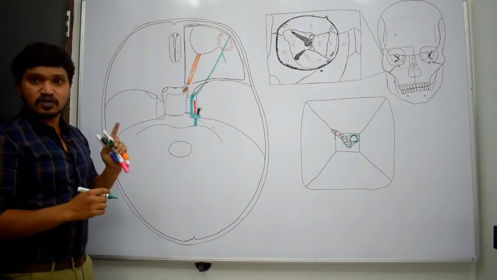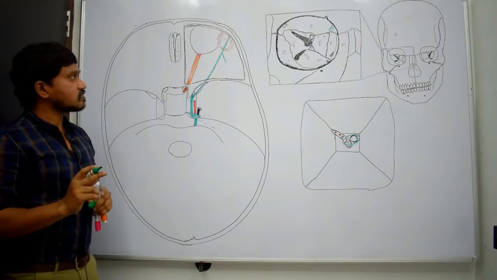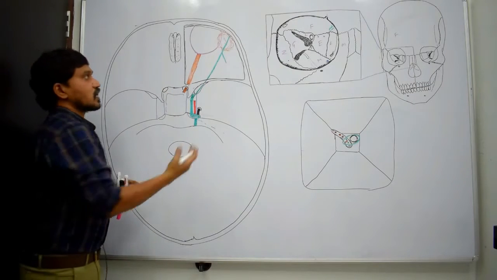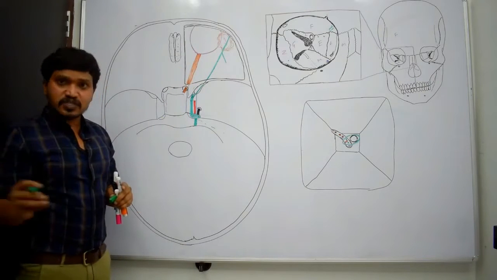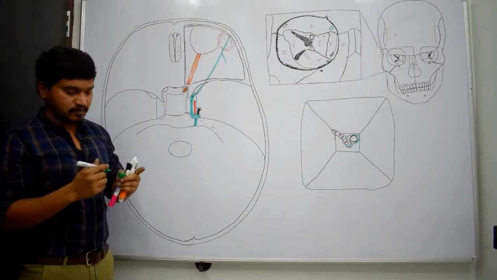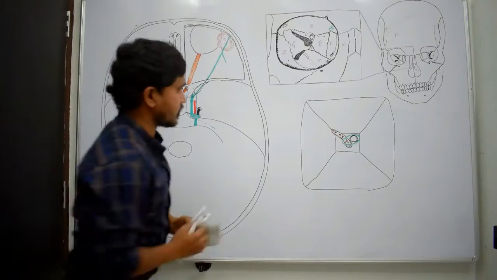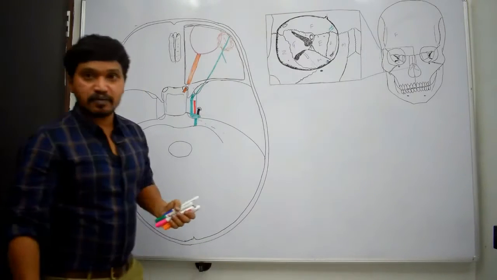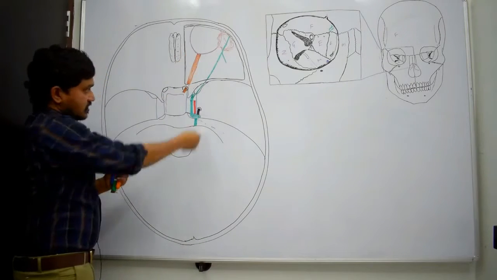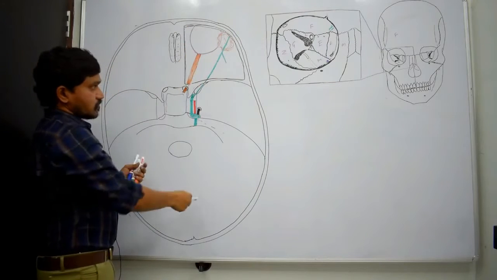In this session, remember that it has one communicating branch. In the maxillary nerve I will tell you how it communicates and how secretomotor fibers reach the lacrimal gland. Otherwise, now only I will tell so that you will get one idea. I am taking the section at this level,